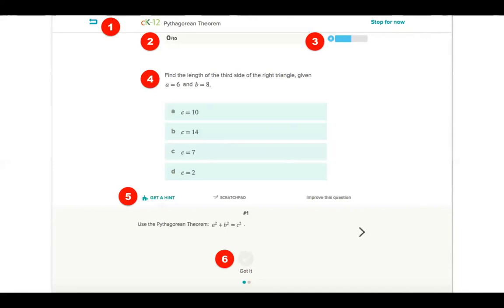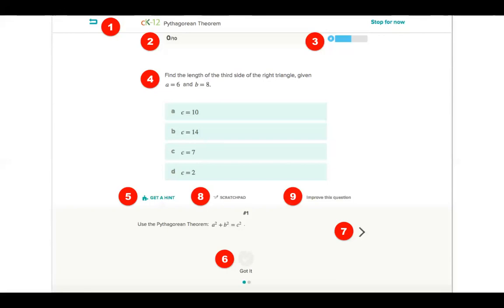Let's see, number 7 on the diagram here. The arrow button also allows users to cycle through various hints that we provide. And then we have a scratch pad. It's available for all questions if students need to use their mouse or a stylus or something and write on the screen to solve a problem.